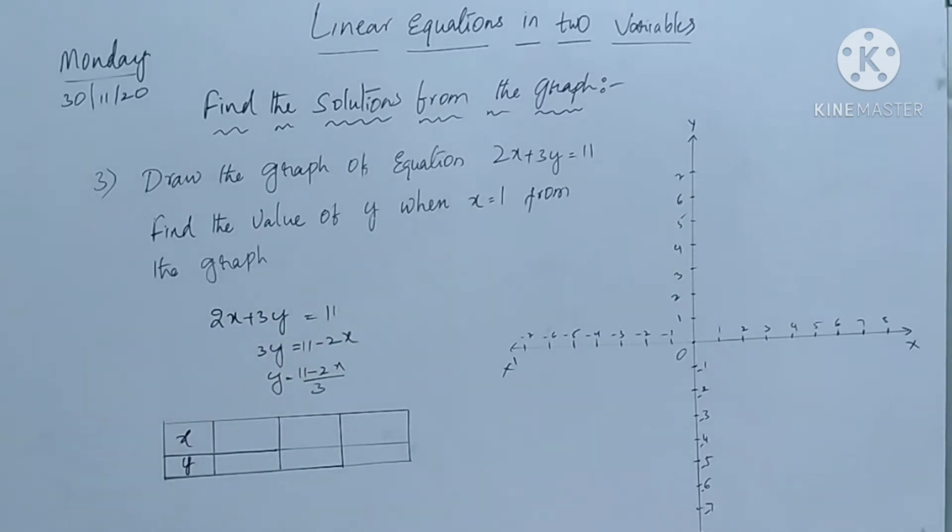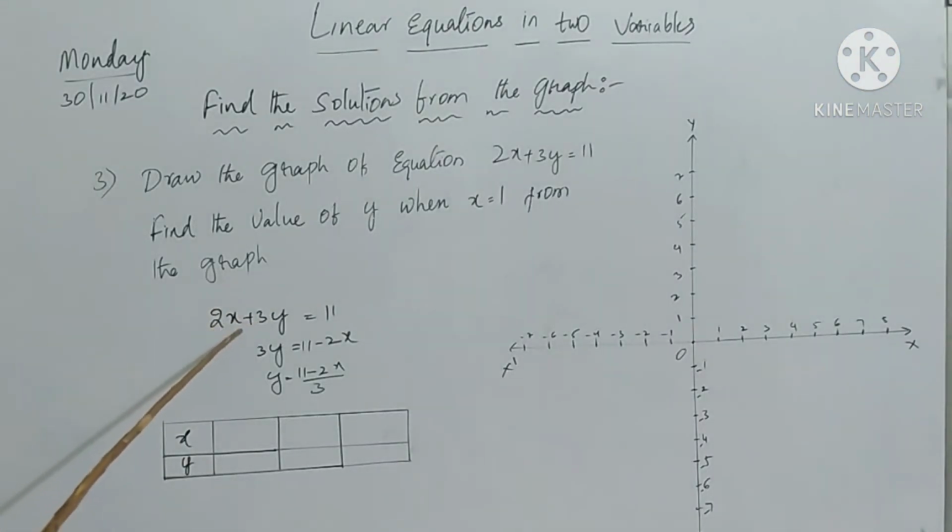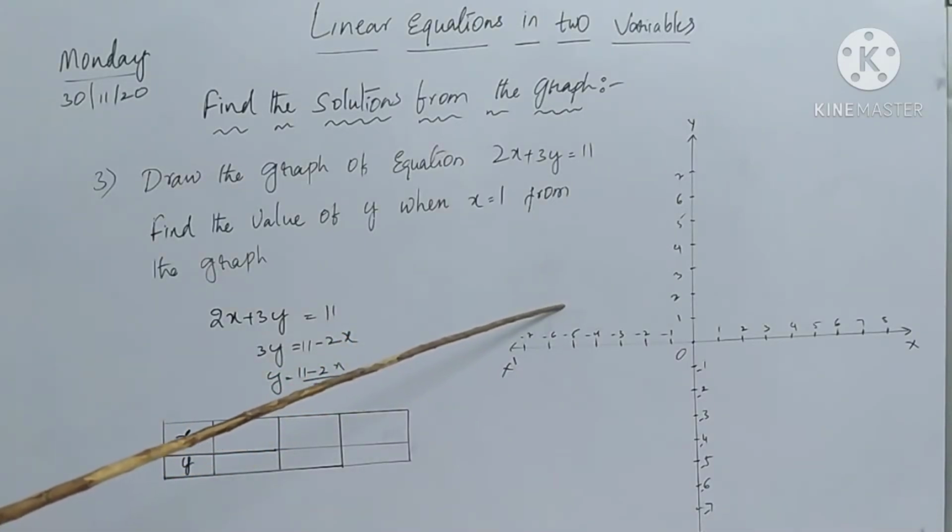So we already know that to draw a graph of a linear equation, at least 3 solutions are needed. Here the x coefficient is 2, the y coefficient is 3. These types of problems are more difficult than the remaining ones. So we have to take care in the substitution of x values. After simplification, it must be a multiple of 3. Otherwise, it will be a fraction and difficult to identify on the graph.